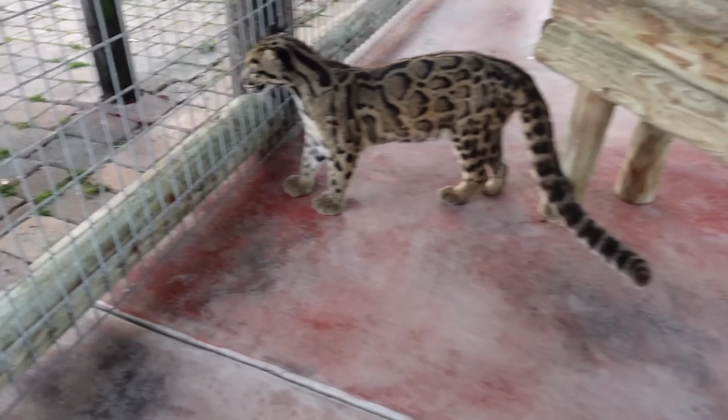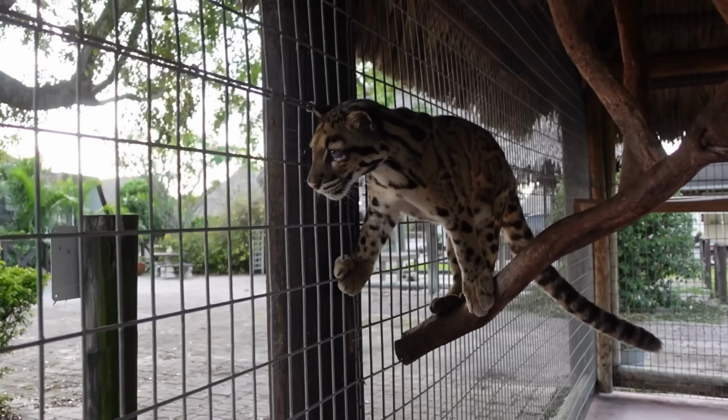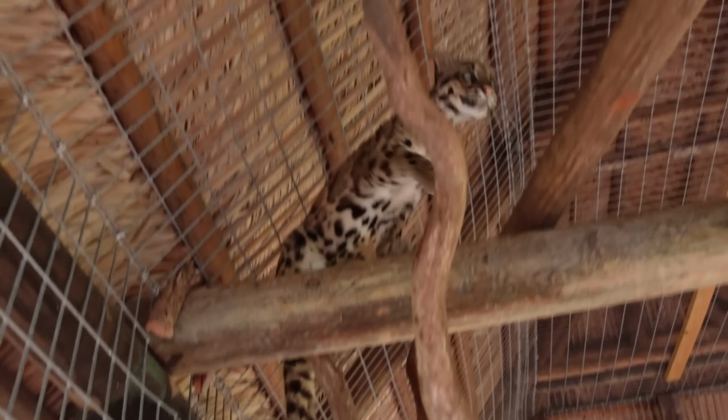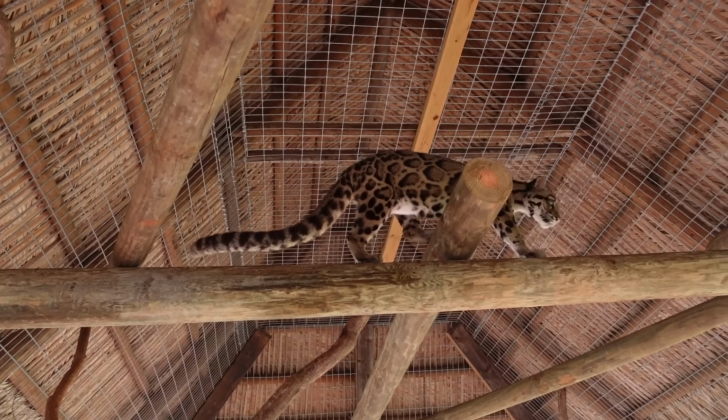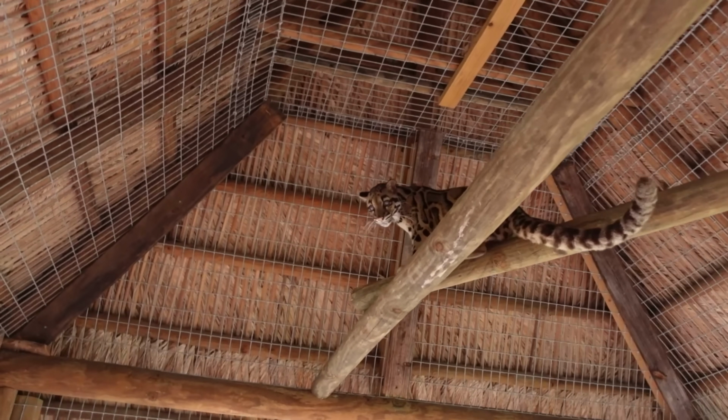She may have too many distractions with the dogs right here. Now she is actually best friends with the dogs on the property, but you can see she does not want anything to do with the bloodsicle. You don't want it, girl? Oh, are you in nighttime mode? So guys, when the sun starts setting, this is how all of the cats get. They get in like literally hunting mode, where they're on alert and they're just running around,